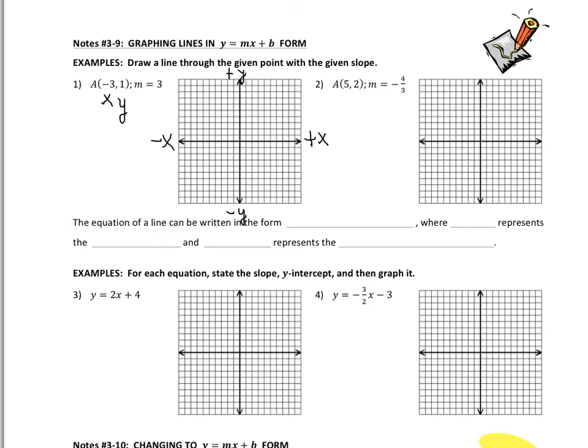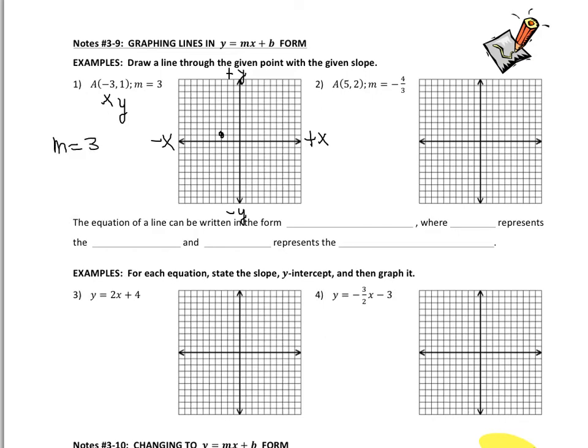So if we're going to go -3 in the x direction, that means you got to go to the left. So 1, 2, 3, and then we're going to go +1 in the y direction, so we're just going to go up. So it's going to be about right there. Okay, so there's my point. Now my slope